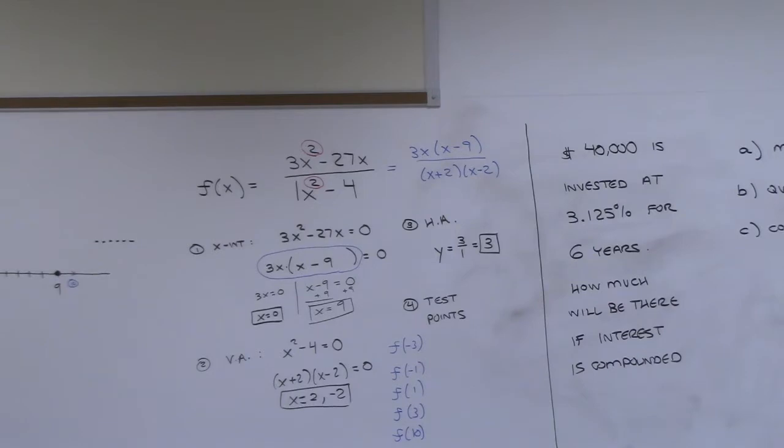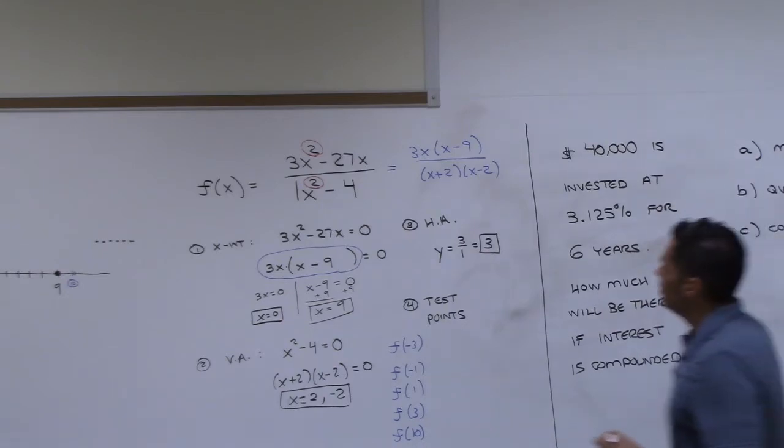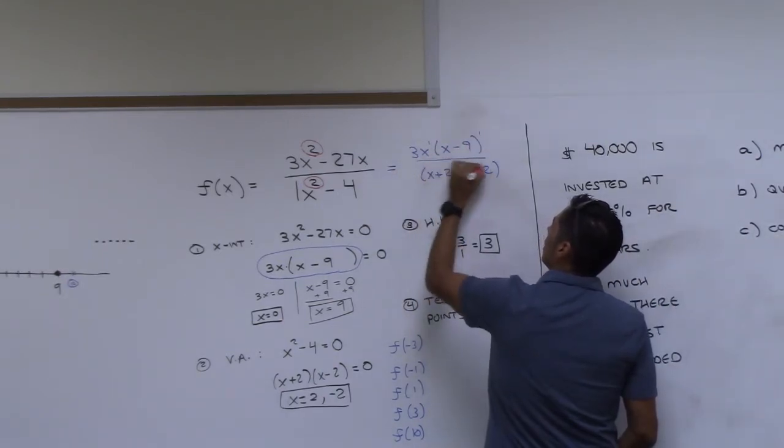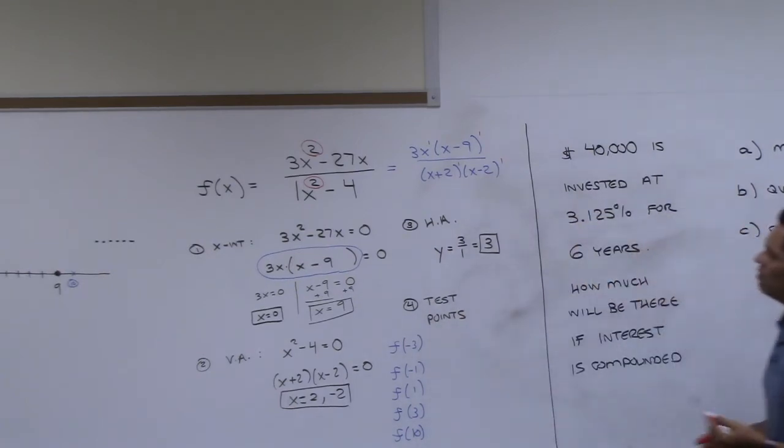Do you all remember with polynomials that idea of multiplicity, where it bounced or crossed? Remember that idea where you had to look at the power up on top, and if it was even, it bounced, and if it was odd, it crossed? Do you all remember that? Yes. Okay. Do you see that with all of these, the multiplicity is odd? It's ones on all of those?